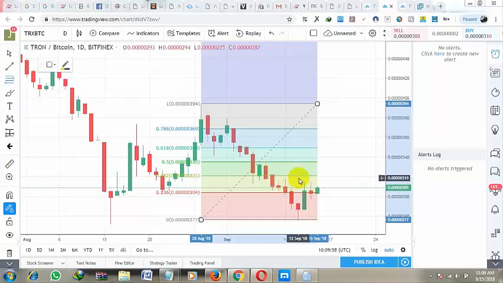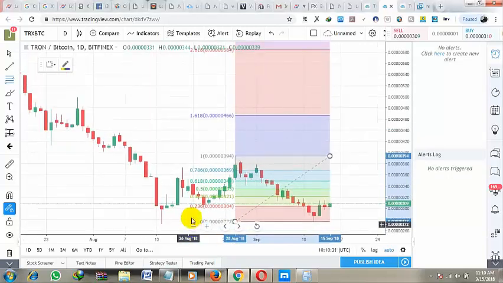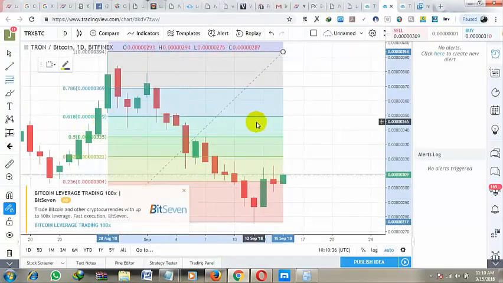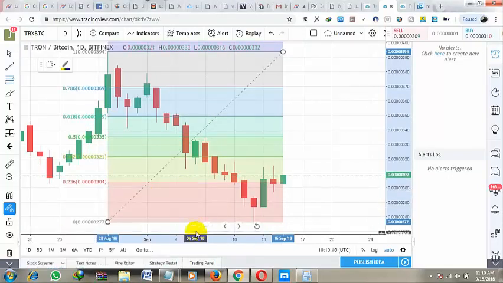Then if it breaks this resistance point, the next resistance point will be the 50% fib level, which is at 335 Satoshi, just right here. And if I want to lock in profit here, I should be able to lock it up around 330 to 334 Satoshi. And if it breaks that point, the next level is the 61.8% fib retracement level, which is at 349 Satoshi, and that should be another target point